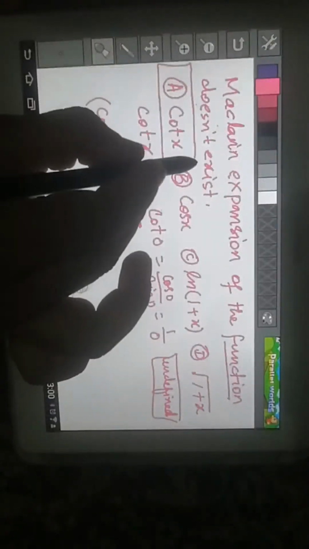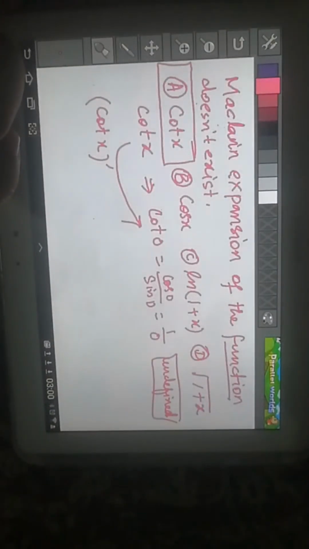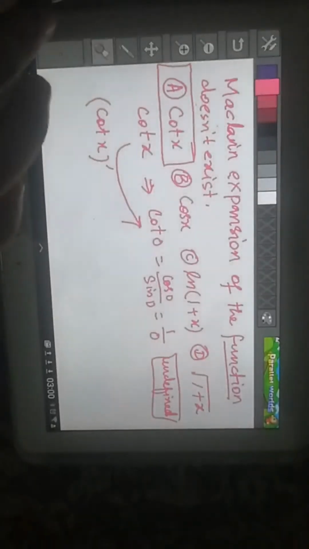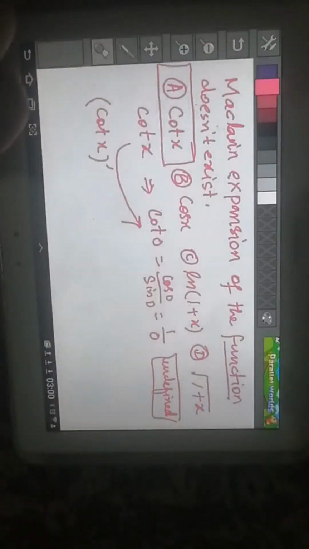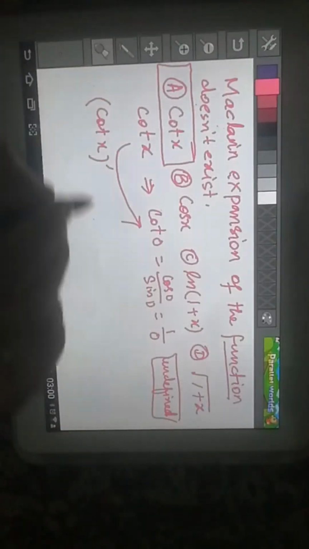Our finding is option A, because the function has to be defined on 0. So the function is not defined on 0. It means that its Maclaurin series doesn't exist. If we